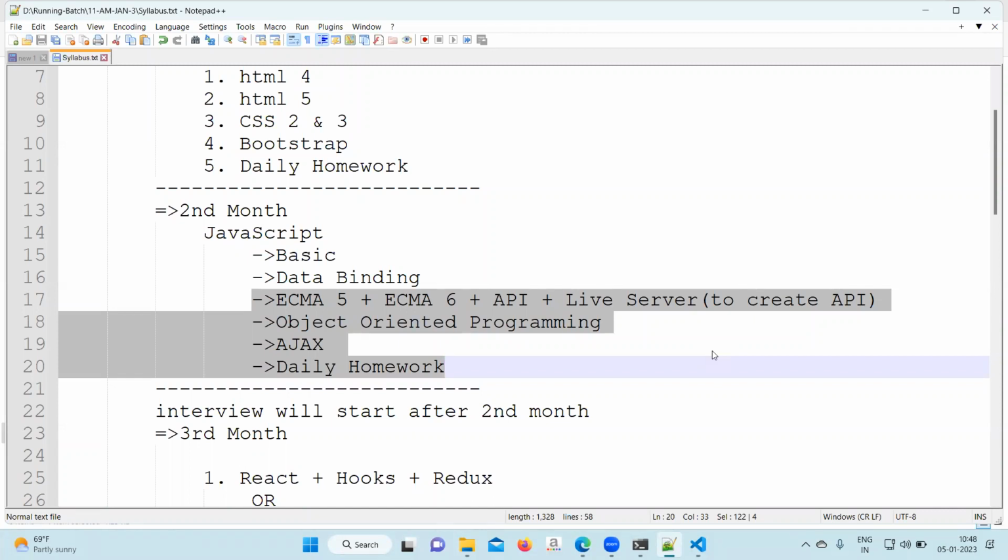Data binding, I guess you have sufficient knowledge. You are able to combine your HTML, CSS, and JavaScript all together, right? Yes, sir. Okay, so those parts you have a good idea of. Okay, so what I will do is